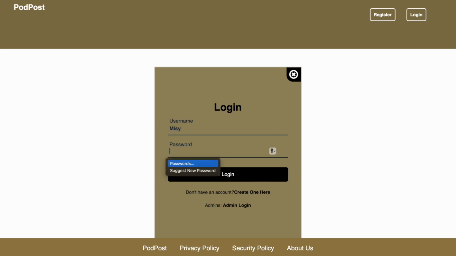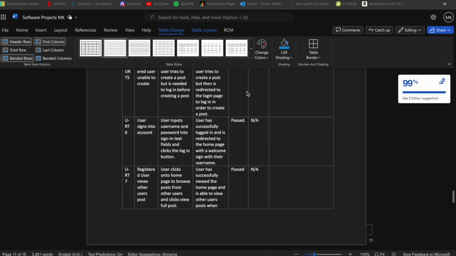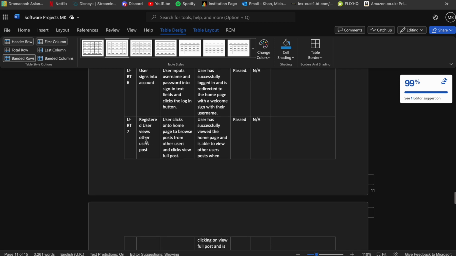So we can do that once again, and then perfect, we can see the username, making sure that we're in the right account. So if we go back to the test specification for the registered test specification as number 7, so where the